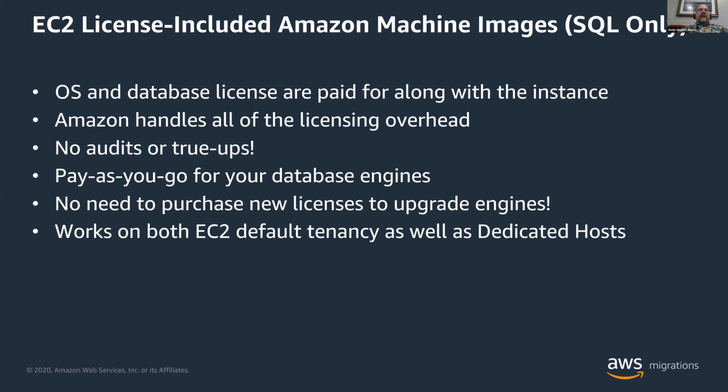So this means that with your relationship with your vendor of choice, whether that's Oracle or Microsoft, there are no longer these conversations where you have to actually count, you check out all of the boxes that you're actually running their software on. There is no such thing as a true up anymore because Amazon is actually managing all the bookkeeping for you to run that software on EC2. And with all this, it also means, again, you get access to the same pay-as-you-go model that you do with EC2. So this is awesome